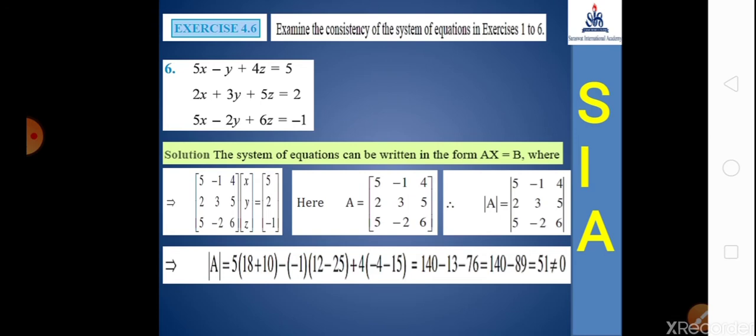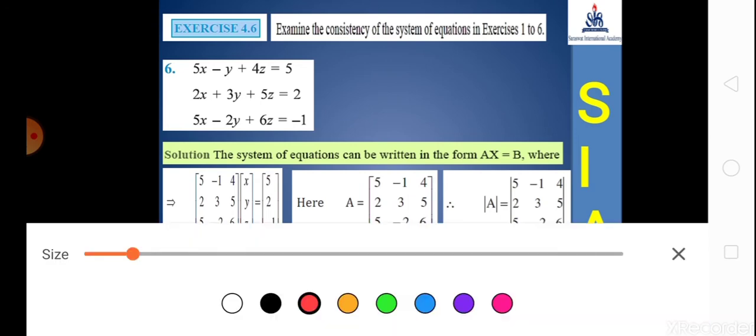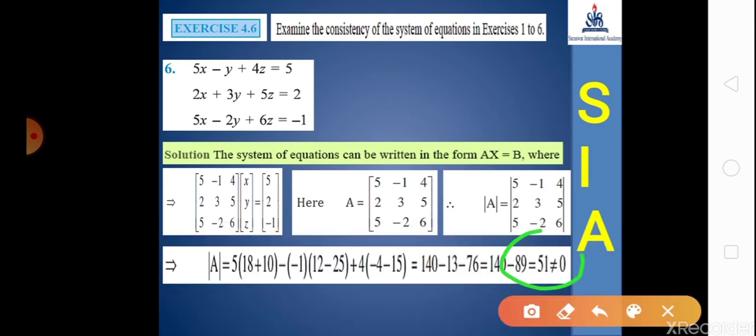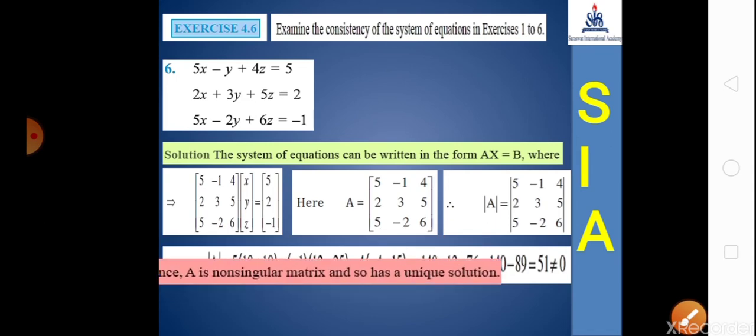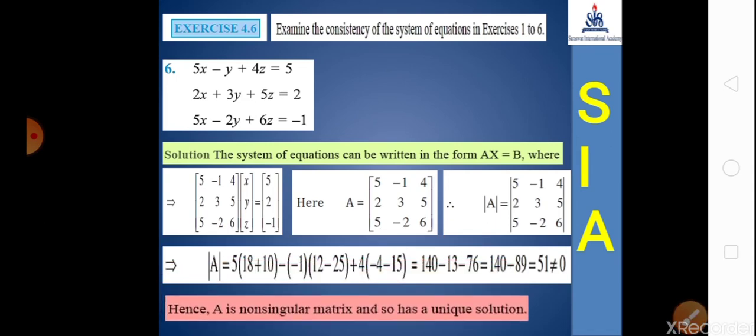One more time I check, by the definition of expansion of determinant A along the first row, and this answer is non-zero. Yes students, this is non-zero, it means you are successful. Definitely you can say this system is consistent and has a unique solution. So my answer is finally that a unique solution exists here. Yes, questions 1 to 6 are done. Now I go to the type of equation solutions up to x, y and z values.